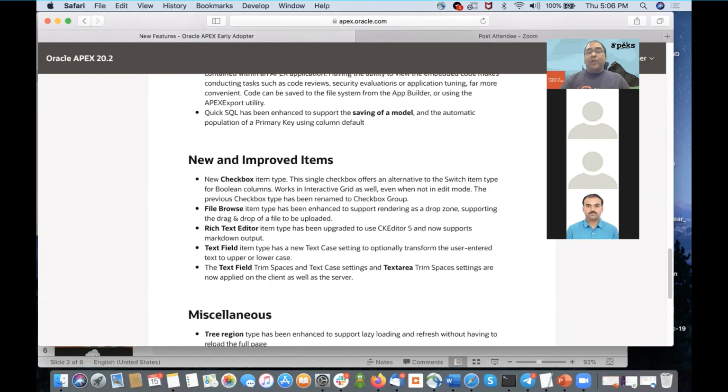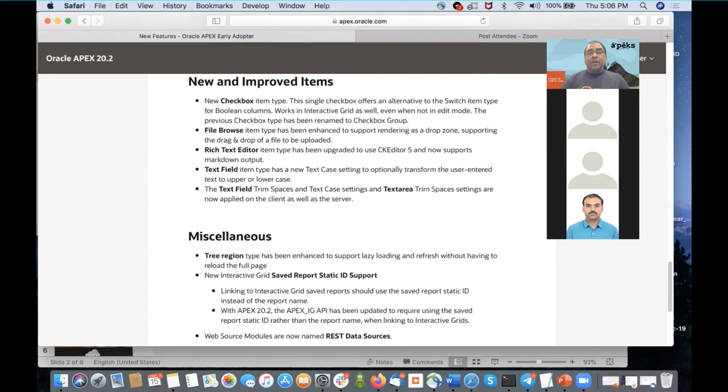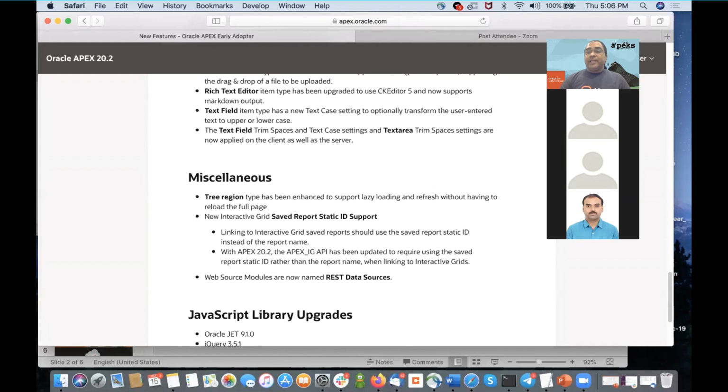And we have some new items like the checkbox, single checkbox item type, and we have made some enhancements to the file browse item type. We have made enhancements to the text field item types, things like that. Couple of other miscellaneous new features is REST interactive with save report will use now static ID instead of the report name, save report name,